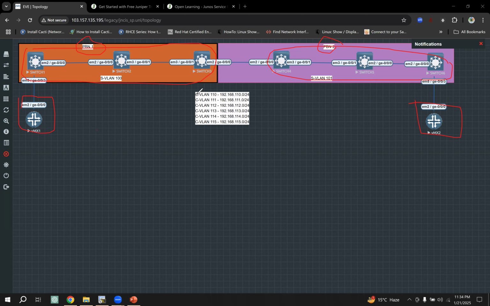So this is our C-VLAN tag. The customer needs 1, 2, 3, 4, 5, 6 VLANs, 6 C-VLANs. And they are assigning an IP address for the specified VLAN. For service provider 1, they use VLAN 100 for the S-VLAN, but in service provider 2, they use S-VLAN 101. This is different. Okay, so first